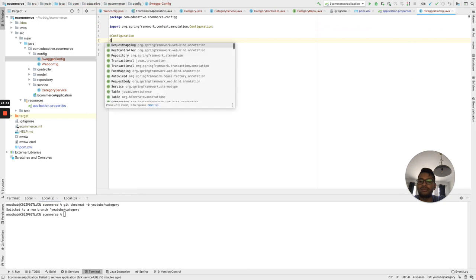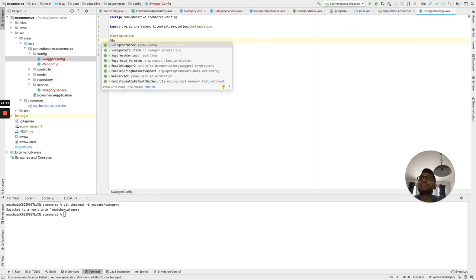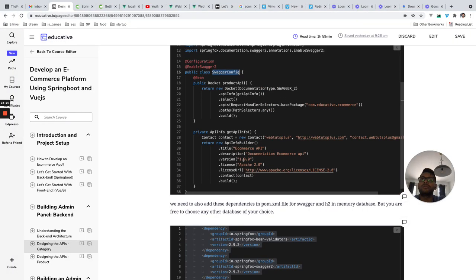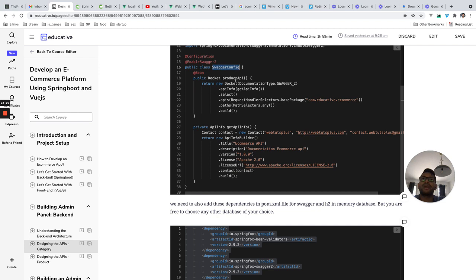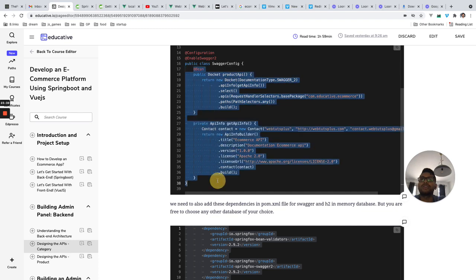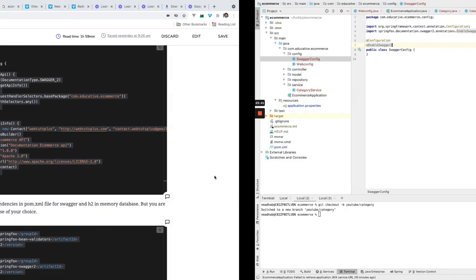And let's see, we have to add EnableSwagger2, and then I won't bore you with the code, so we have to add a bean and one ApiInfo. So let's add these two files. You can copy these two files from the GitHub repo.